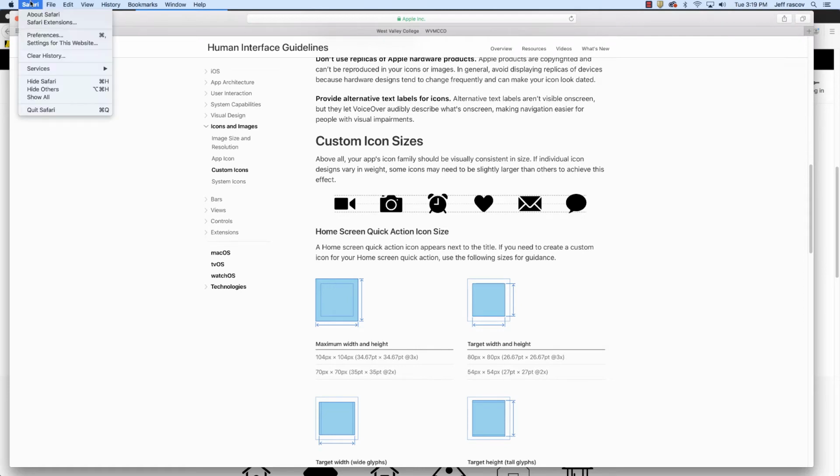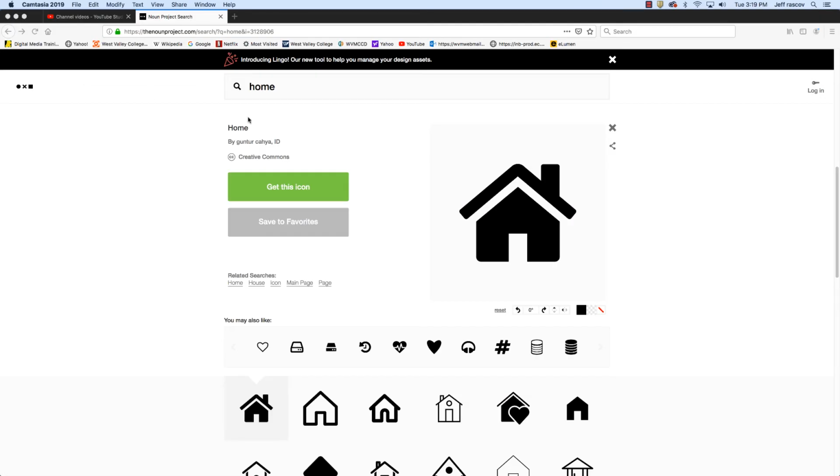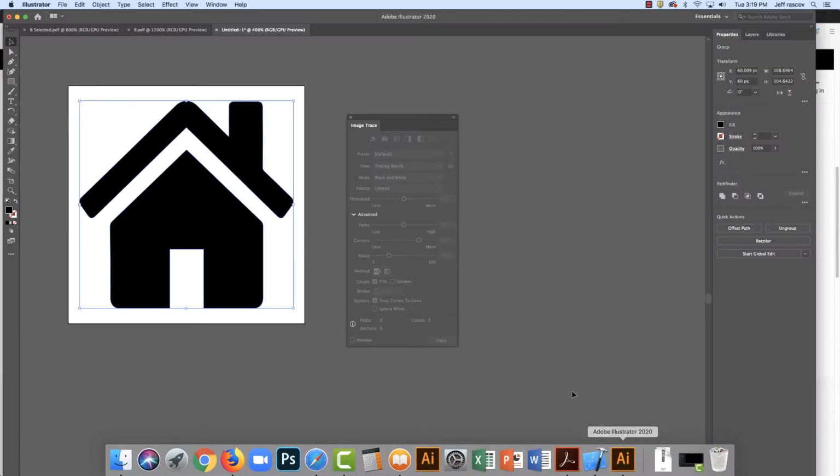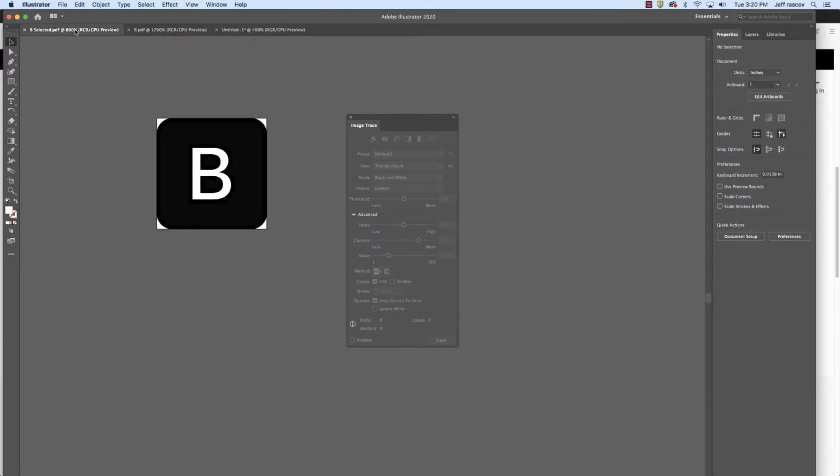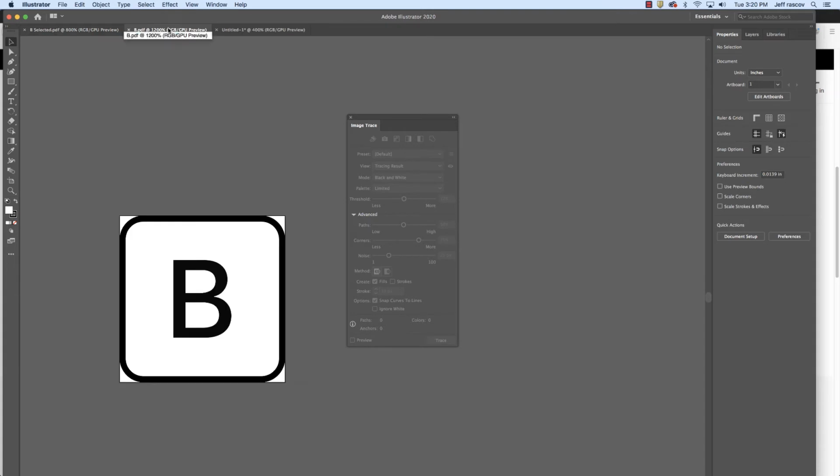Where was our example that we were looking at? Oh, it's still open inside of Illustrator. Here they are. So here's the non-selected, and then here is the selected version. Oh, the selected one's kind of big and bold. So let's say this one is